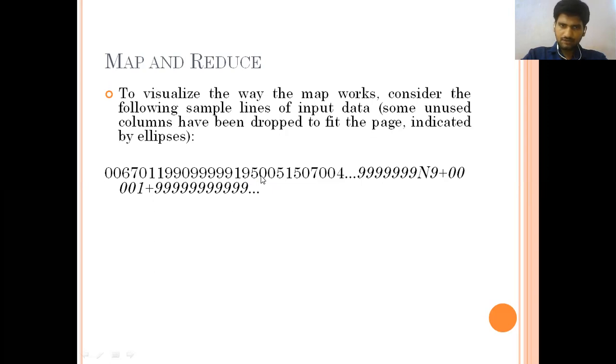So this is 1950, this is the year, and these four numbers are mentioning the particular temperature in that year. In this 1950, what is the temperature? That is the temperature detail. So the details we need from the data set, only that I mentioned here. The remaining, as a programmer, is going to be dropped.